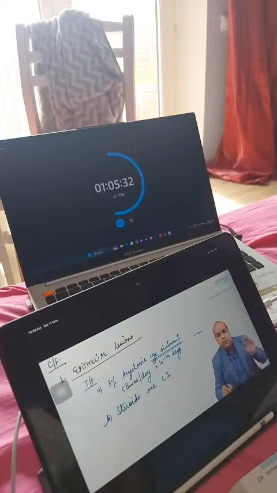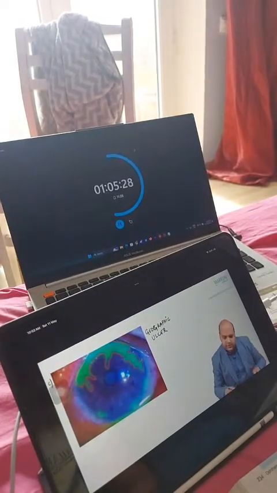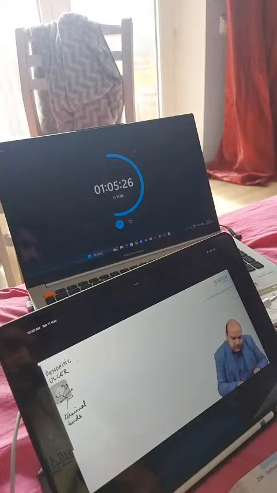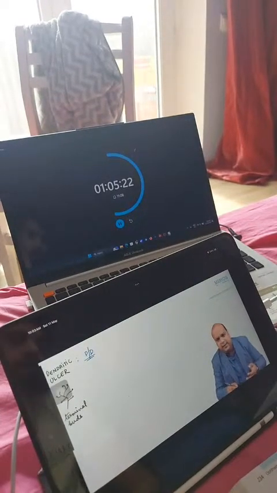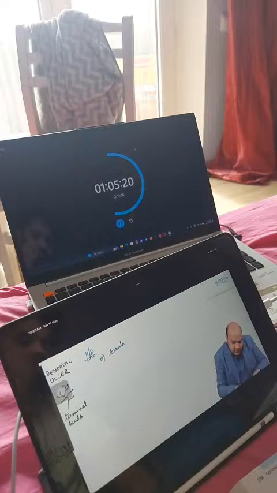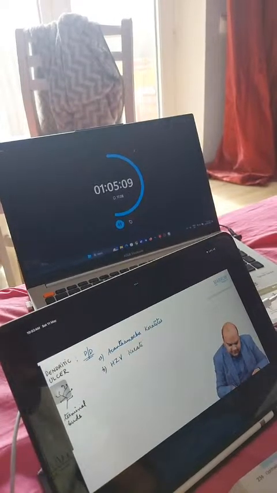No confusion? Done? So in all the three, SPKs, dendritic ulcer, and geographic ulcer, the treatment will remain the same. Now, a question comes. What is the differential diagnosis of a dendritic ulcer? That means which other lesions can resemble a dendritic ulcer? So, acanthamoeba keratitis. It does not cause dendritic ulcer, it resembles it. Secondly, herpes zoster virus keratitis, HZV. Thirdly, everybody,